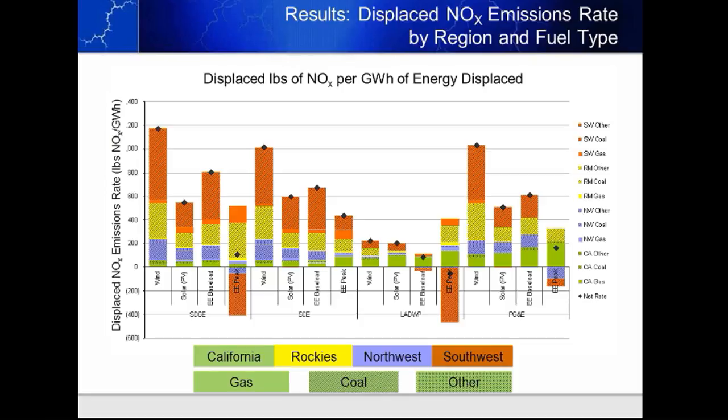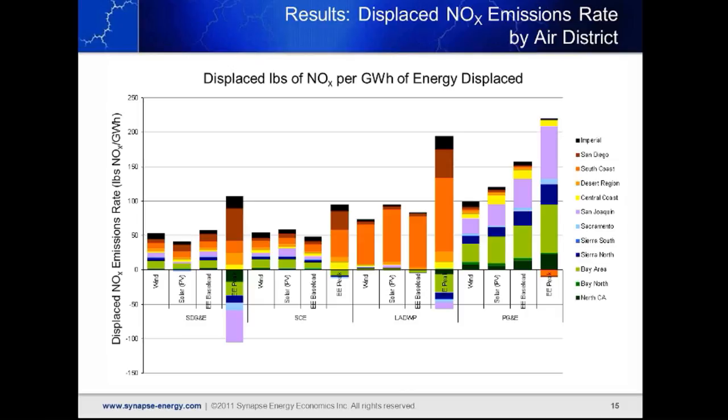Finally, if we take that green bar down at the bottom and we really want to know what's happening within your own air district within the state of California, we would take that green component and split it out. Now, it looks quite small here, and it is quite small on a relative scale. But we can parse it by the air districts within California. And again, looking only at that first bar on the far left side, displaced NOx emissions within California, we're looking at wind for SDG&E.